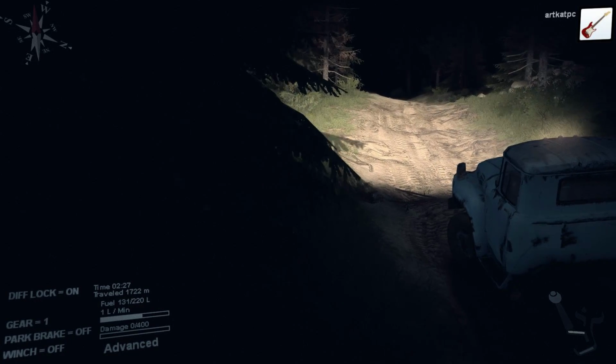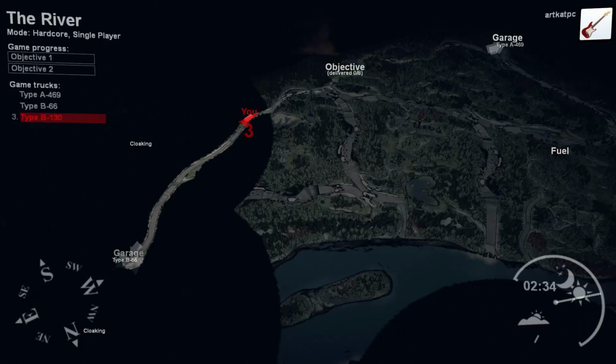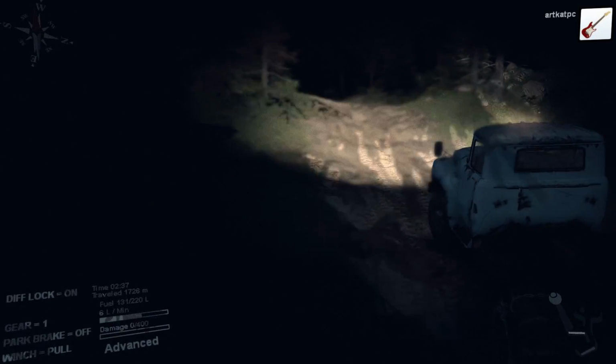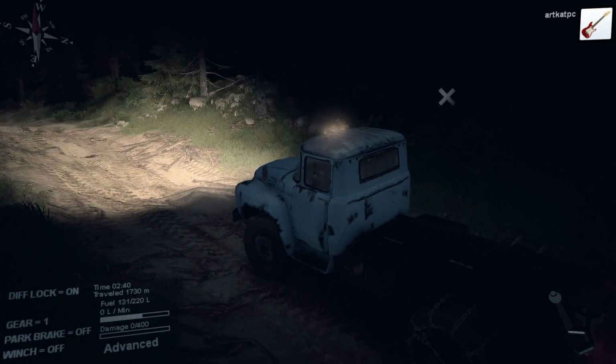Yeah, it's a pretty steep hill. So you still have to winch up the hills for sure. What was that? Alright, there we go. Unfortunately, we have to stop to...